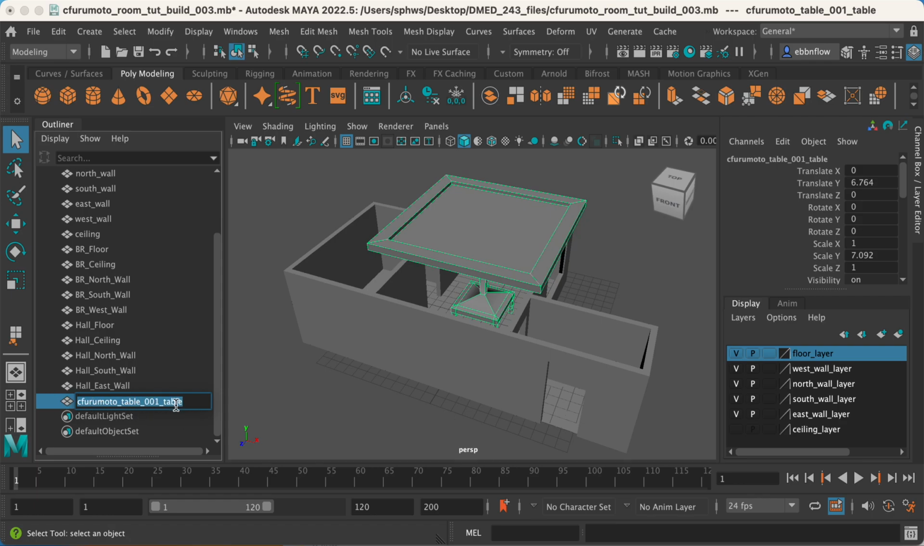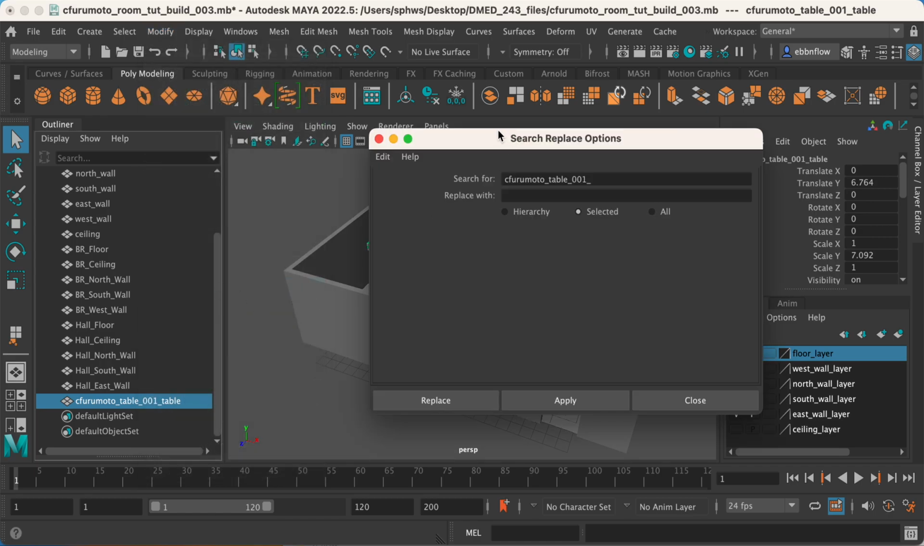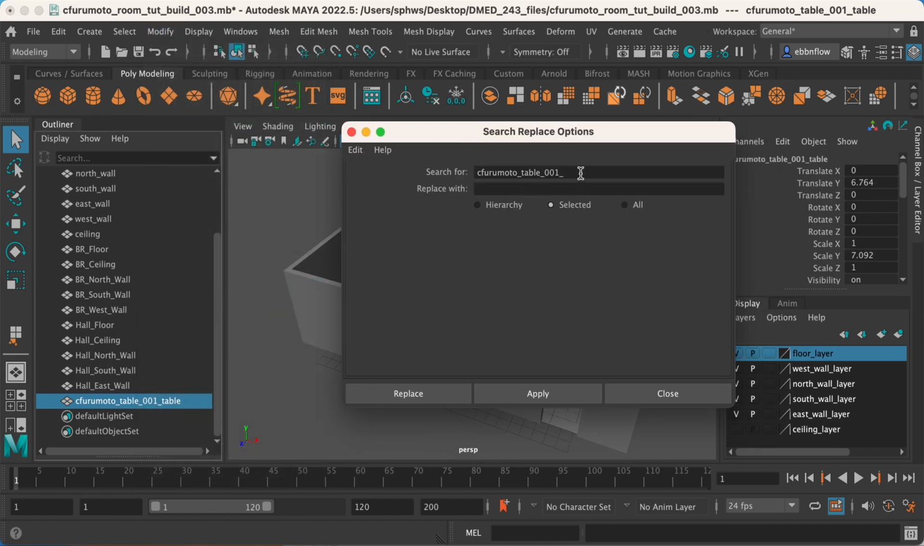Right now, I probably don't want it labeled as descriptively as this. I would rather just call it table. So I'm going to double click on it, highlight it, and copy. Then we're going to attempt to rename it. You can go up into your modify menu and choose the search and replace names option. Again, modify, search and replace names. When we click on here, a window will pop up, and we can do a quick search for this information. I'm looking for this exact